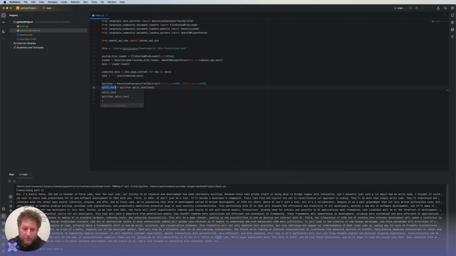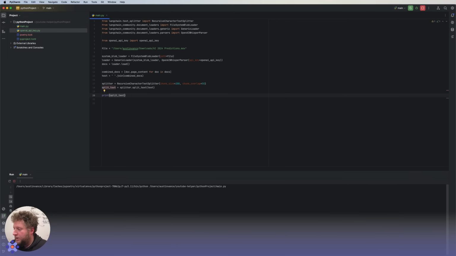Sorry, let's grab that whole thing and we'll say split text, and then we can go here and say split text. If I run that again, what you'll see is we get our split text back out. It'll have to transcribe again. Well, that's transcribing one more time. So maybe it would be smart to memorize this, but I don't want to do that right now with y'all.